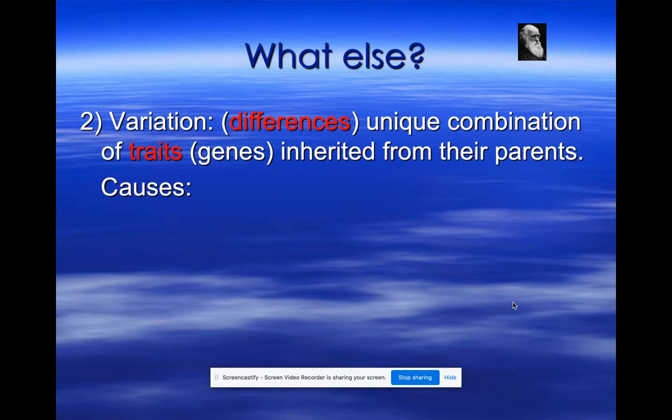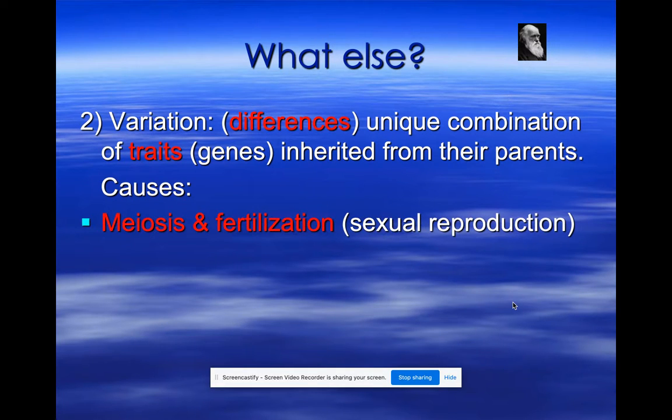All right. So, what else do you need for natural selection? You need variation. Variations are differences in traits inherited from your parents. Now, variation means that, let me give you an example, even though we're all humans, we all look different. We're different sizes, we're different colors, we're different personalities. We have different immune systems. We have lots of variations. So, what causes those variations? One is sexual reproduction, specifically the processes of meiosis and fertilization. It mixes up the genes, right? I have two older sisters. We're all from the same parents, but we look very different. Why? Because sexual reproduction mixes up the genes.